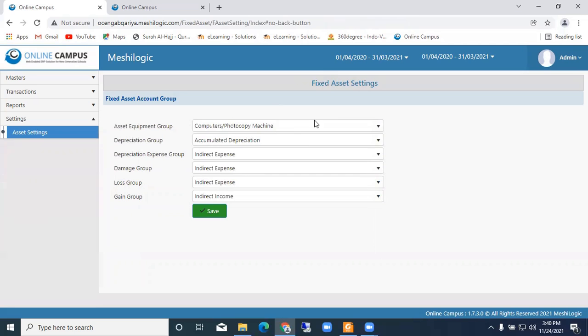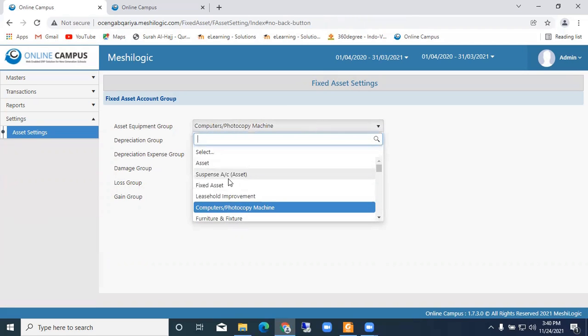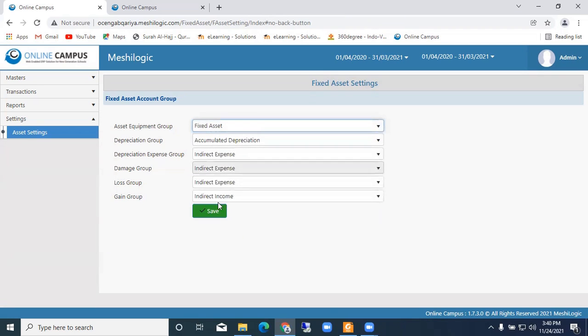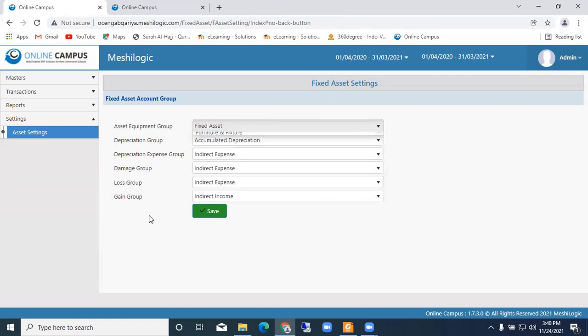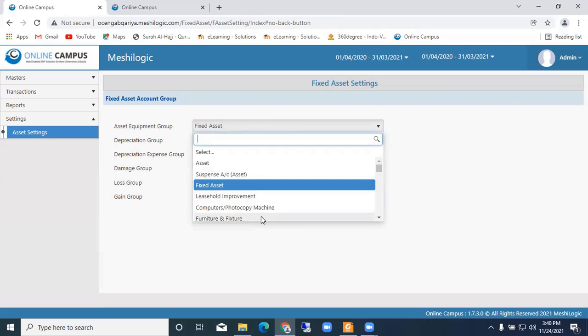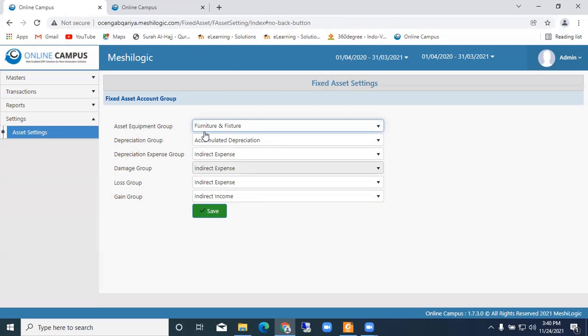So asset equipment, you can choose the asset equipment, and based on that, you can select the value. If it is an asset like land, it will be appreciation. No damage, no depreciation, or it will not change. So it depends on the asset. You can fix it, so these details also we can fix.